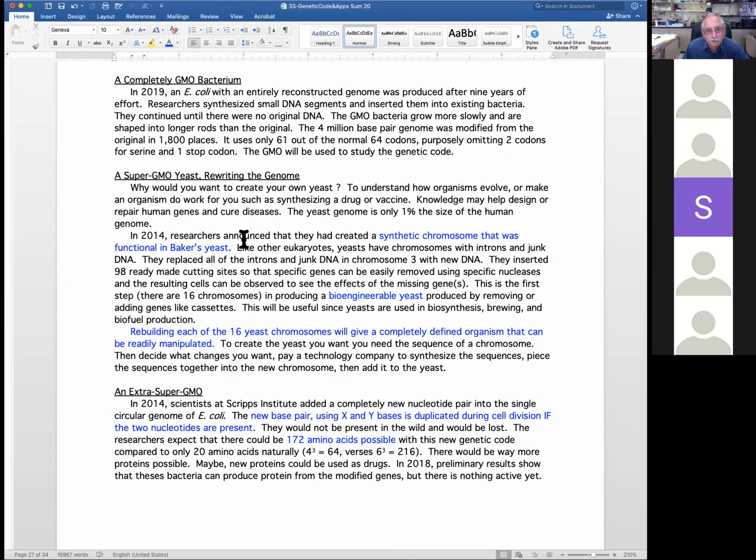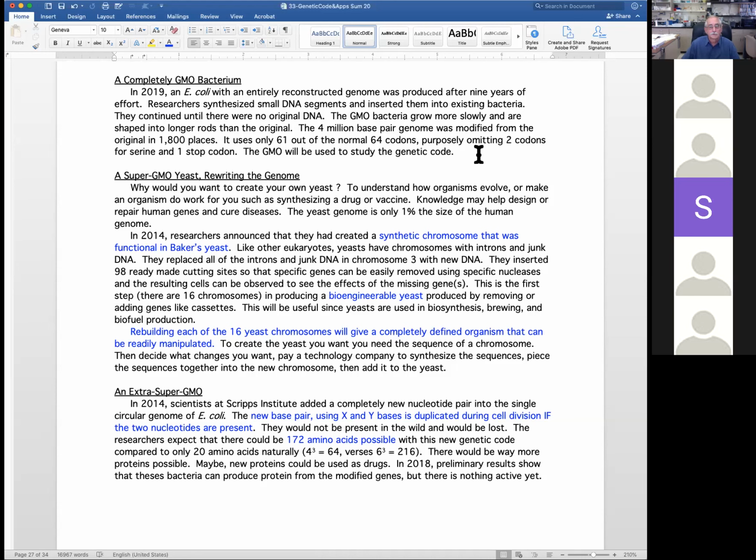So here's a couple novelties. So last year, they made an E. coli with a completely reconstructed genome. It took 5 years, but what they did is they synthesized small DNA fragments, inserted them into existing bacteria, then cut out some other ones. They kept going until there was no more original DNA. Okay? So they still grow. They have a little bit different shape, grow a little bit slower, but it was